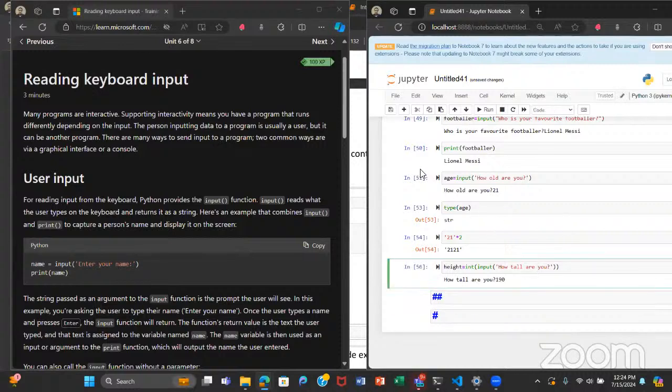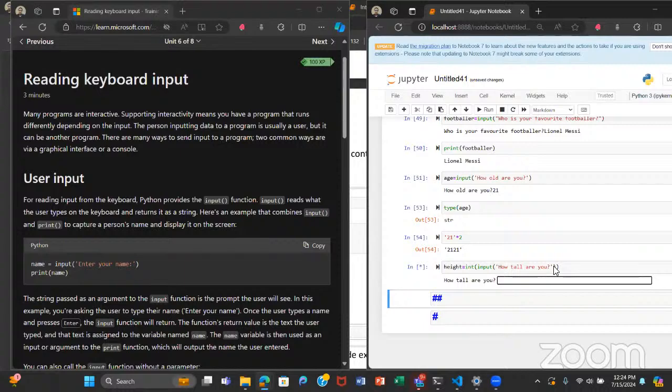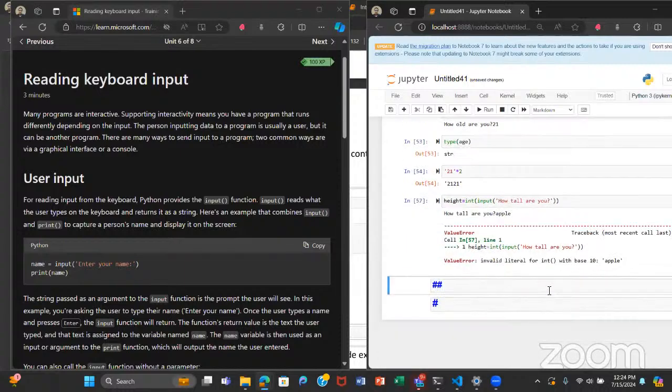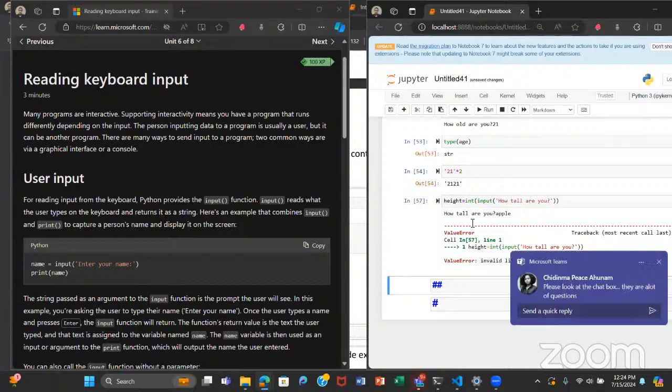Let's say now we try to put in some text. Error, because it's expecting an integer exactly. So you see, this is how we can tell the input function what type of variable we want. Okay, yeah.